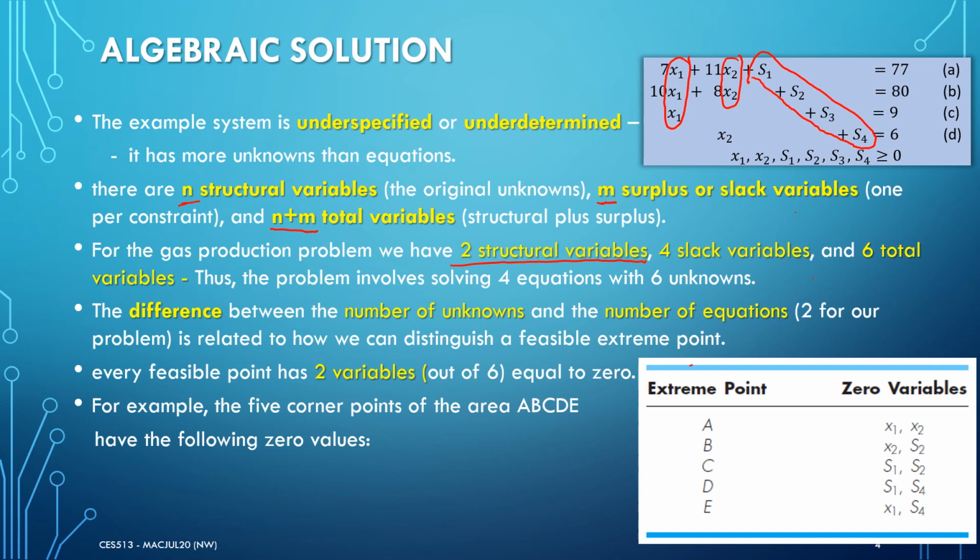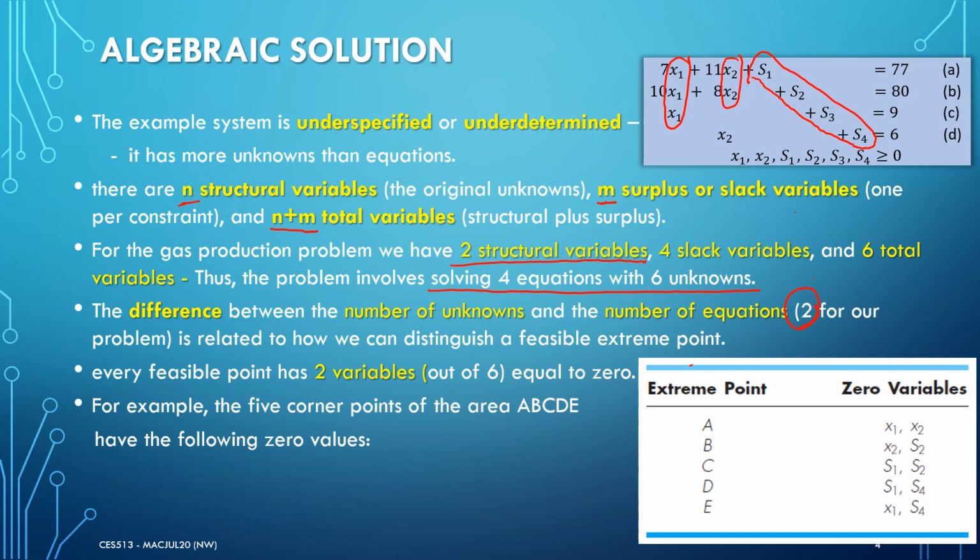Thus, the problem involves solving 4 equations with 6 unknowns. The difference between the number of unknowns and the number of equations, which is 6 minus 4 in our problem, equal to 2,